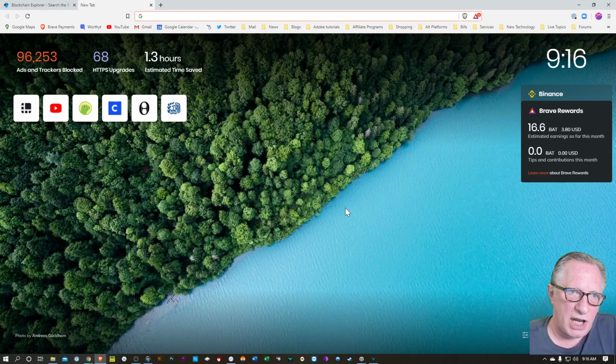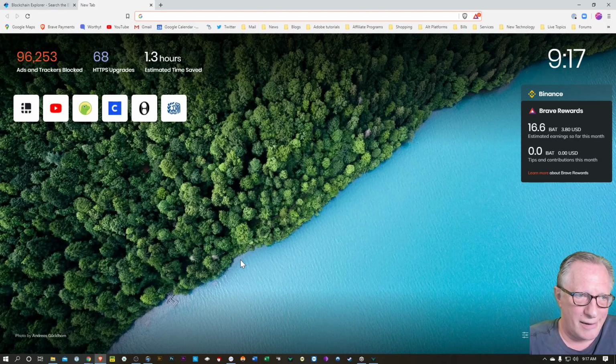Their exchange could get hacked. Their exchange could get shut down. The IRS could seize my Binance account. There's a lot of things that can happen to your Bitcoin on an exchange that would quickly open your eyes to the fact that it's not really your Bitcoin until it's in your own wallet. But I mean, it's safe. It's not like Binance is going to collapse or get hacked tomorrow. It's a pretty safe bet that Binance will be here tomorrow and the next day and probably 10 years from now. But, strictly speaking, that's not really staking.